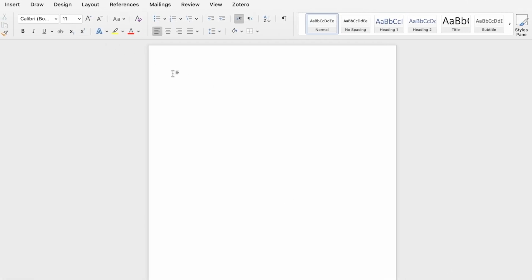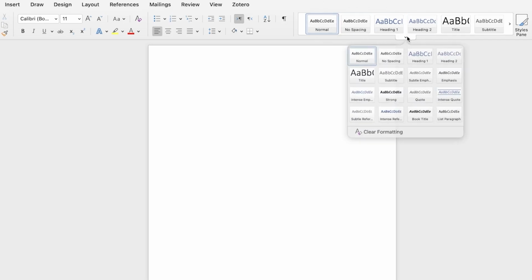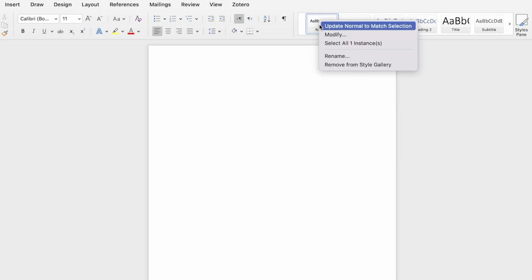Now, once you open up your blank document, here are a few things to note before you get started with page numbering. A lot of people type in whatever they want, and then they want to change the formatting, especially when you're working like this. Whatever you're typing automatically has a font, a style, a heading style, all of that. So when you see the top right over here where it shows the format, you're going to double click on this, and you can click on clear formatting, and then you can do a right click and then click on